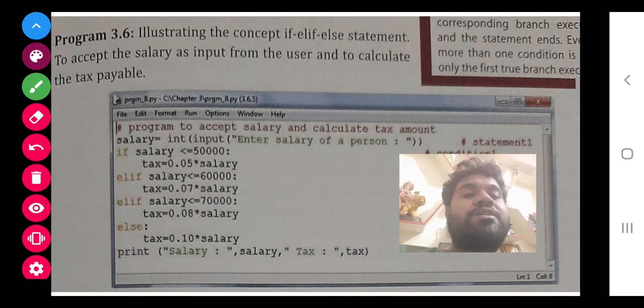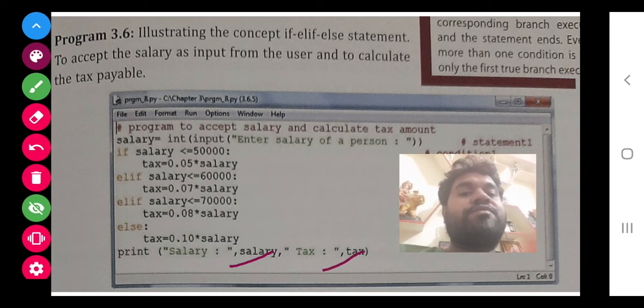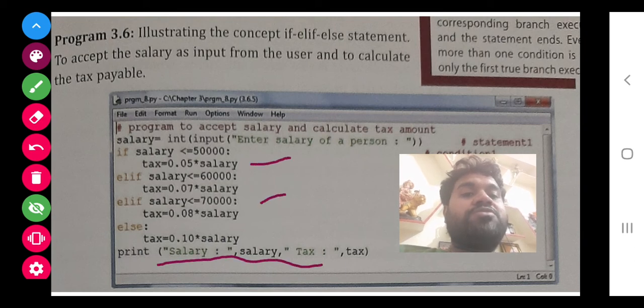Now after finding the tax, we have to print the salary and the tax in the output. And they have written the print after the for loop. If we write it after the for loop, we need not write it every time, here and here.